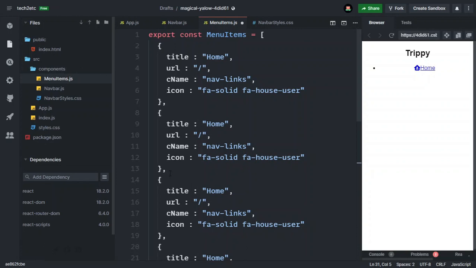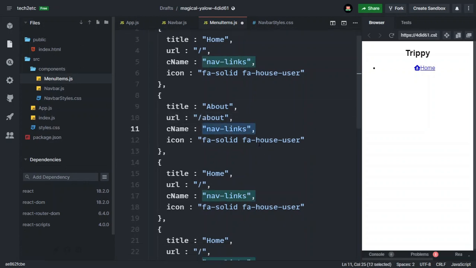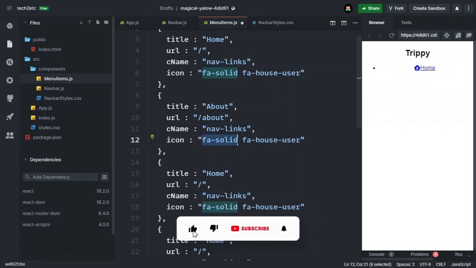That's it. Now our second nav link will be About, and the url of this About will be /about, and the class name will be the same, and the icon name will be fa-solid fa-circle-info,